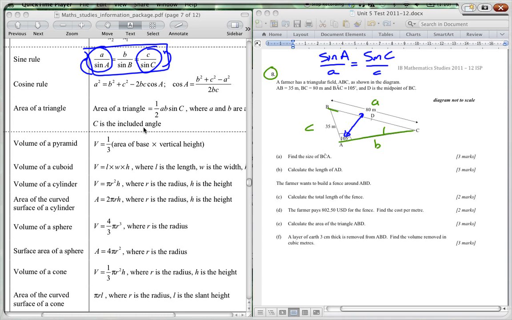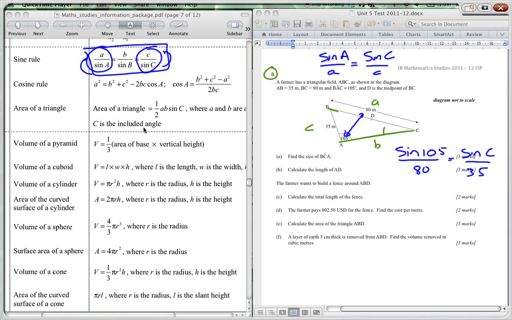So I'm going to have the sine of 105 over 80 is equal to the sine of C over